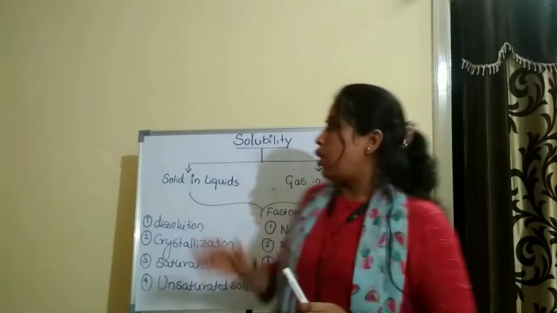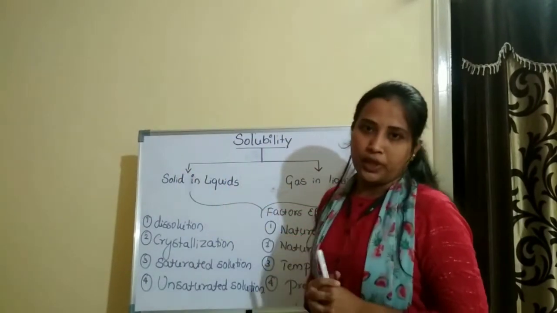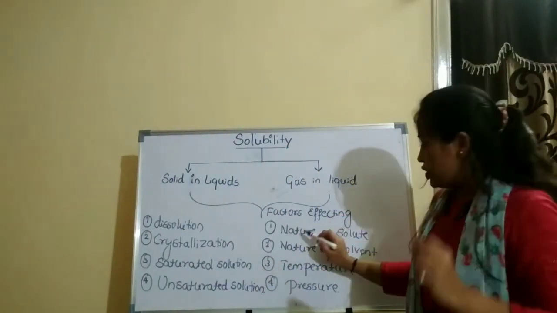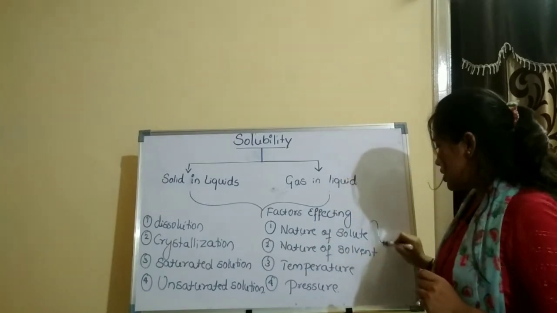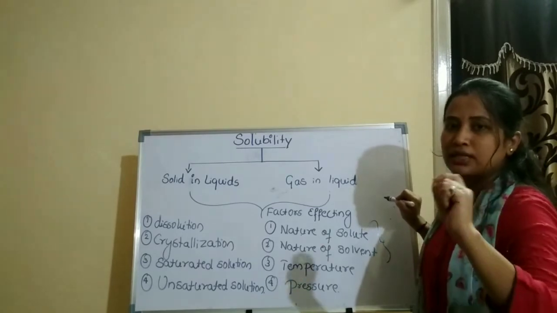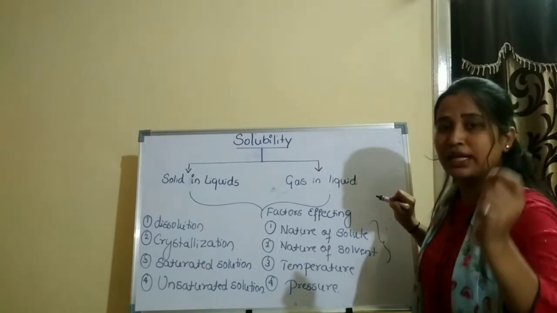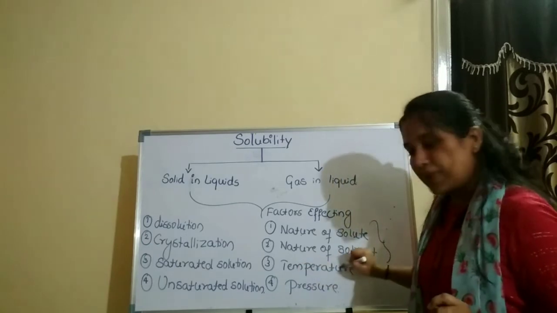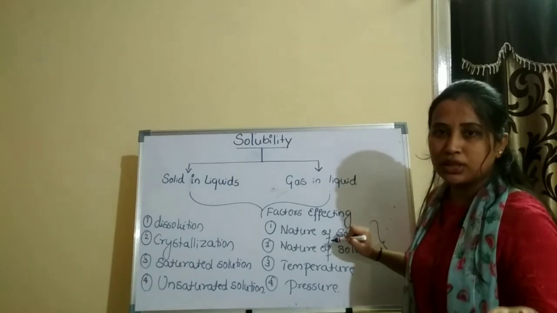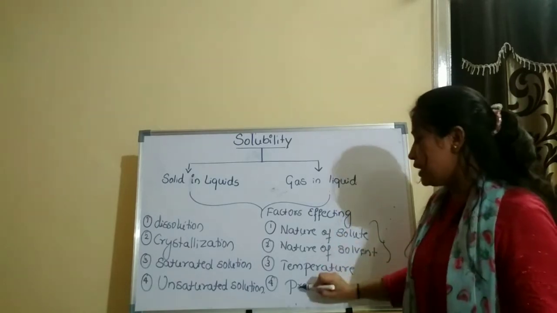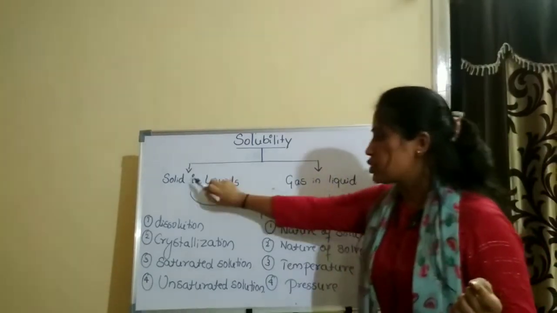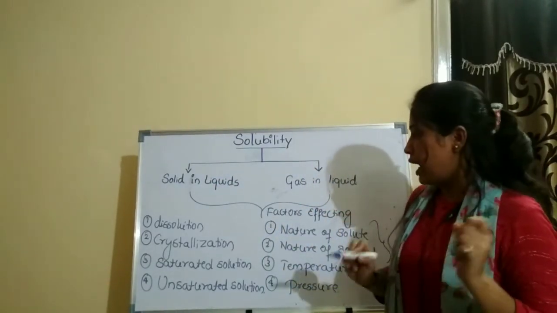So this is about the solubility of a solid in a liquid and the factors that affect it. The nature of the solute and the nature of the solvent: like dissolves like. The interaction between the solute and the solvent particles should be the same so that it can dissolve easily. With temperature, solubility may decrease or increase based on whether it is an endothermic or exothermic reaction. And pressure plays no significant role in the solubility of a solid in a liquid. I hope you have understood this part.